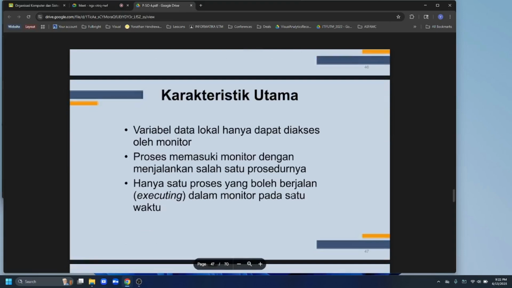This is the main characteristic. The local data variables can only be accessed by the monitor. A process enters the monitor by running one of the monitor's procedures. Only one process can run in a monitor at a time.